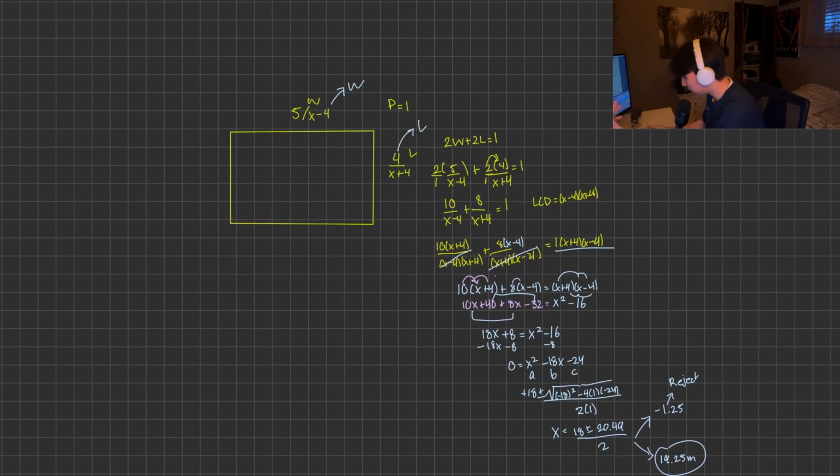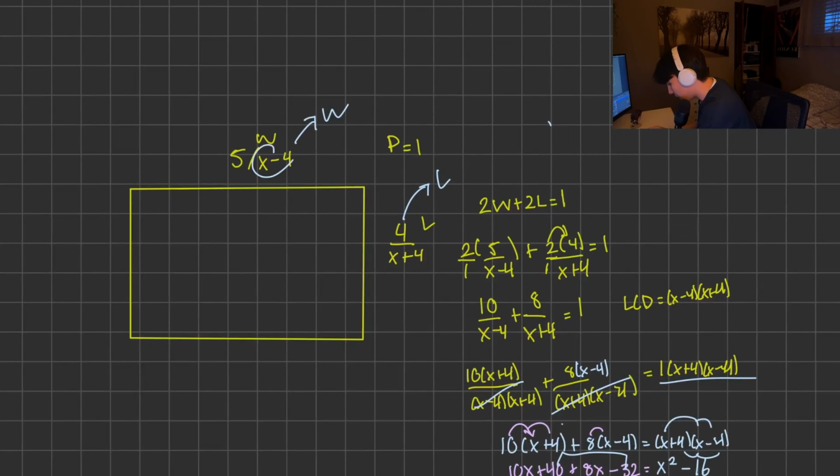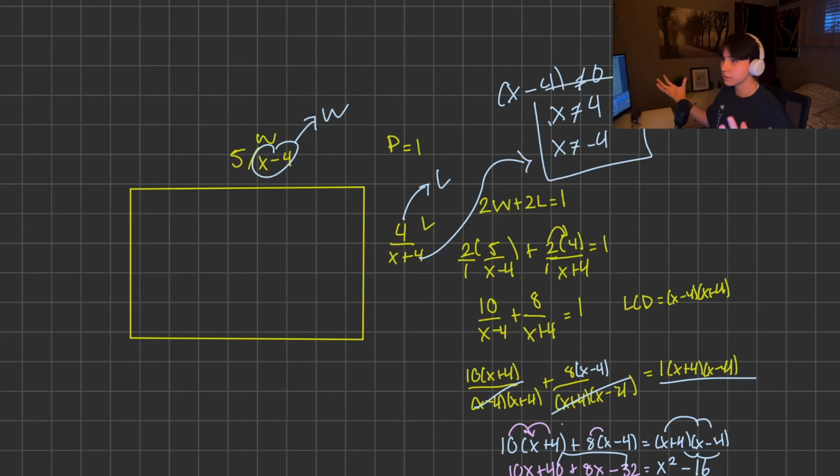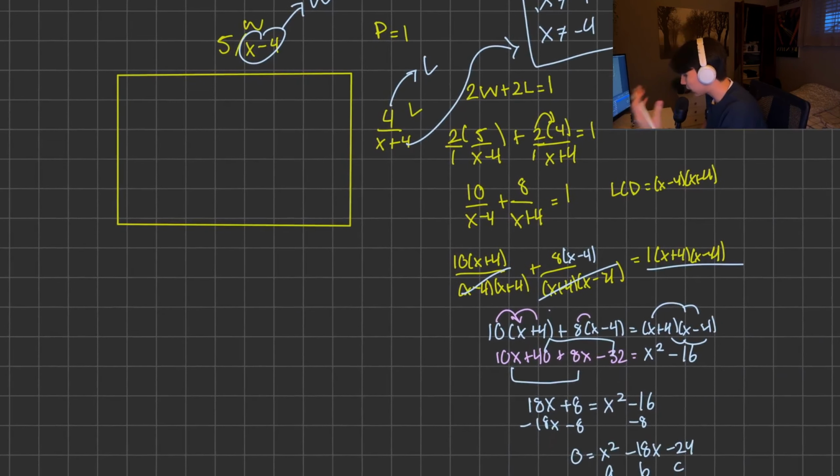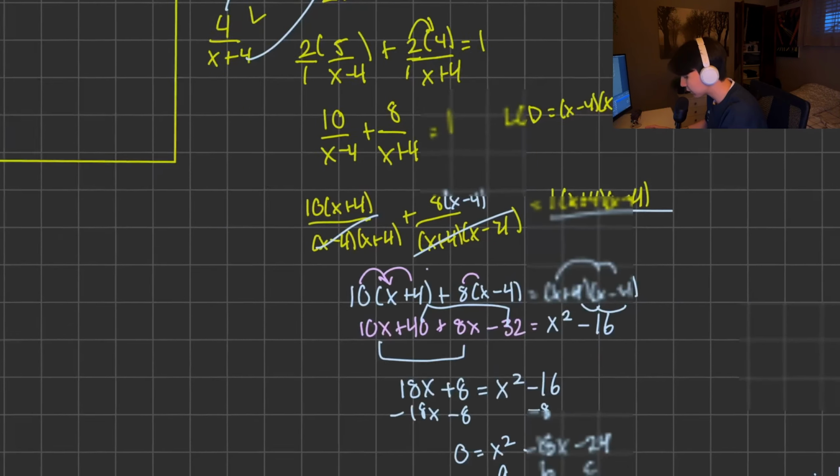Now, in terms of NPVs, all we have here is going to be, since our denominator is x minus 4, so x minus 4 cannot equal 0. We just add 4 to both sides. So we get x cannot equal 4 and x cannot equal negative 4 from this denominator here. So those are going to be your restrictions in this case. And that is going to be how you do perimeter when given two side lengths and asked to simplify and